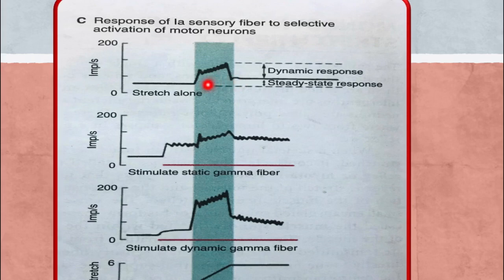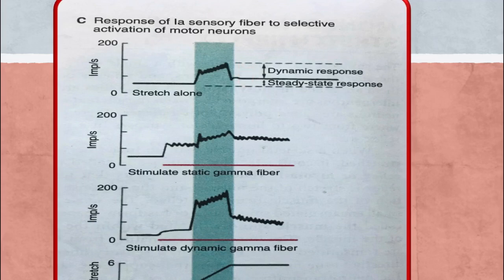So, dynamic will happen when we disturb the muscle from resting condition. Initially, whatever the maximum is reaching, it is because of the dynamic as well as static, and then we keep on continuously providing the stretch at a constant level. So, it will not come back to the basal level. In between this difference, this activity is due to the steady state, and in between this steady state and the maximum point, that is the dynamic activity.